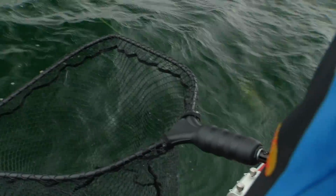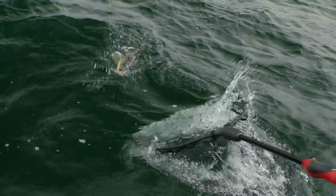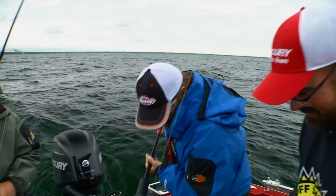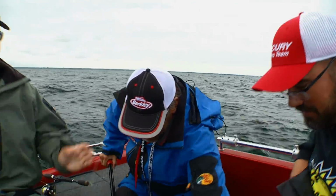Oh, it's a big one. It's a giant. Oh man. Scoop him, Keith. Now that's a great fish. Look at this thing. Beauty. That is a really nice one. I tell you what a